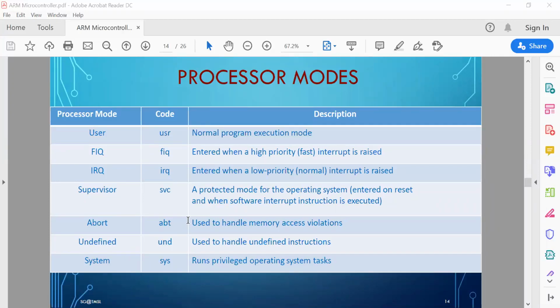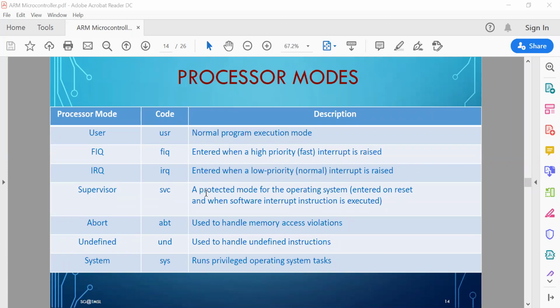These instructions allow the processor mode to be changed from user mode to supervisor mode, and then just like a subroutine call, control will jump to the supervisor or the operating system.